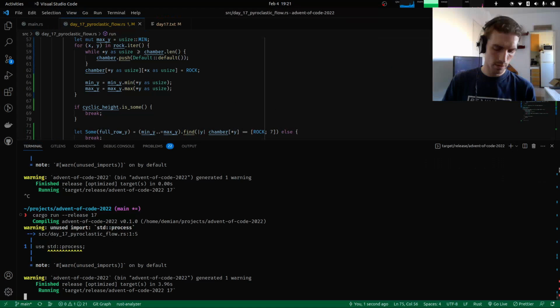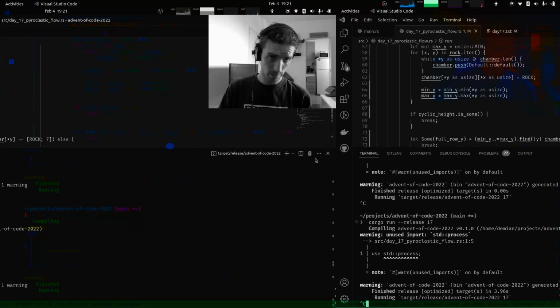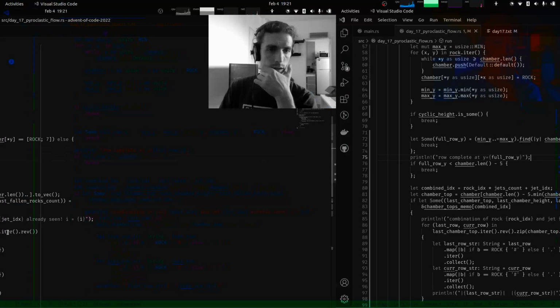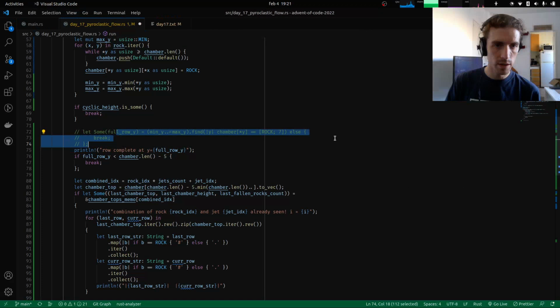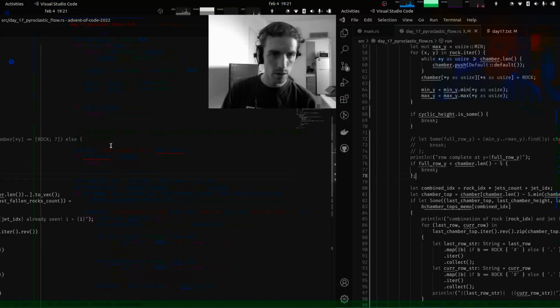Yeah, it seems like we are not getting completed rows whenever we're using the sample inputs. So let's maybe not break because of completed rows and not do any of this